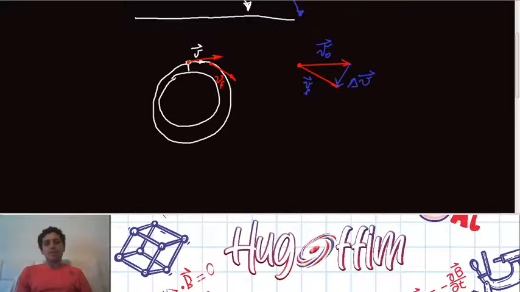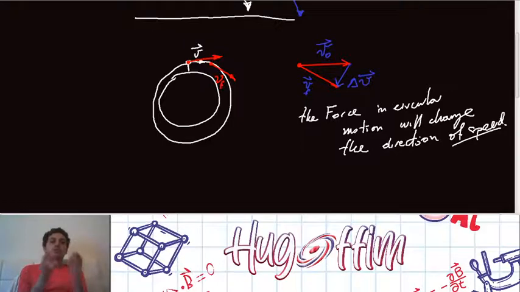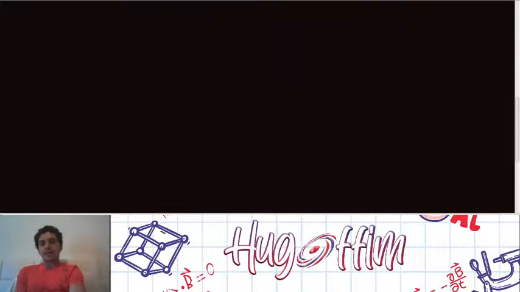So the force in circular motion will change the direction of the speed. Okay, so that represents that our force is focused on changing the direction of the object's speed. And in this way, the acceleration